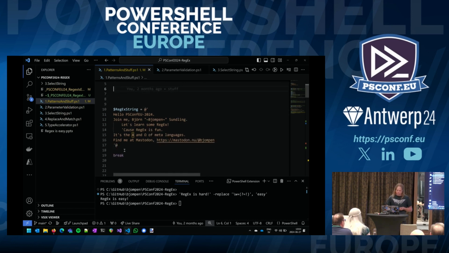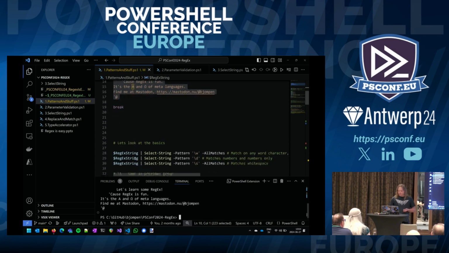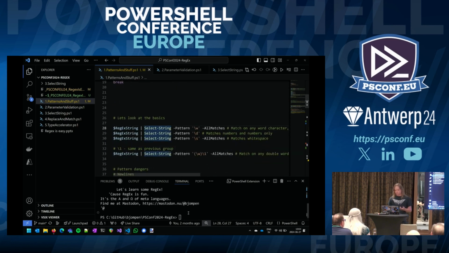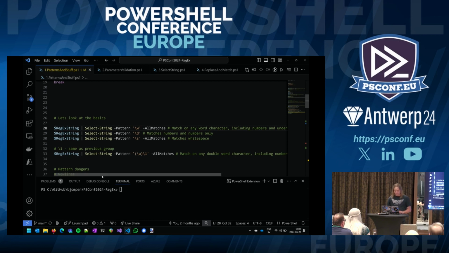But there are a lot of other cool things we can do. So we can do stuff like we did in the beginning. Capture all word characters. I hope, by the way, if anyone can't see, please let me know. I don't know how much more I can zoom without the demos just being blobby, but I will try. Oh, that one. Thank you. Awesome.